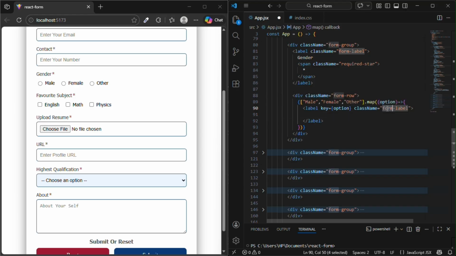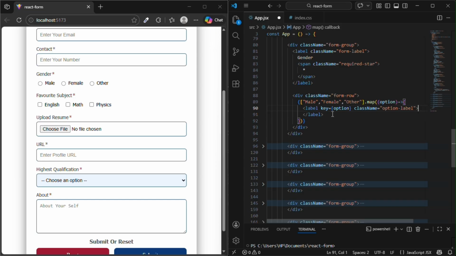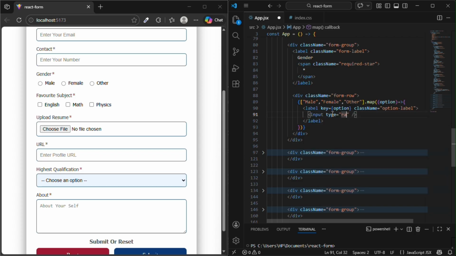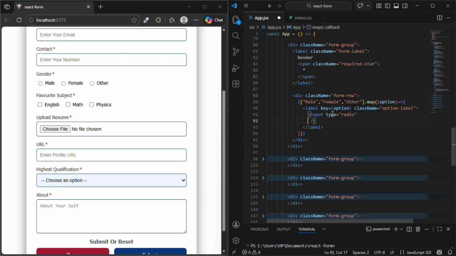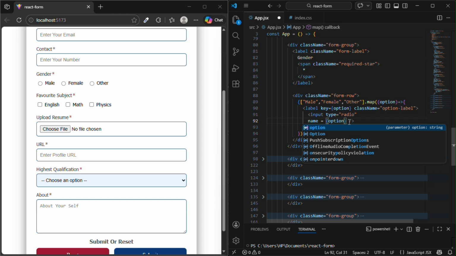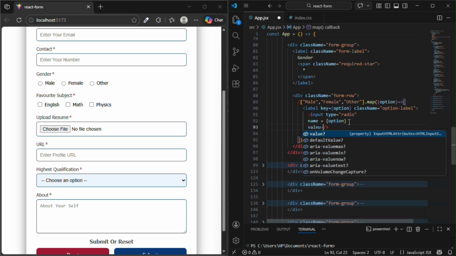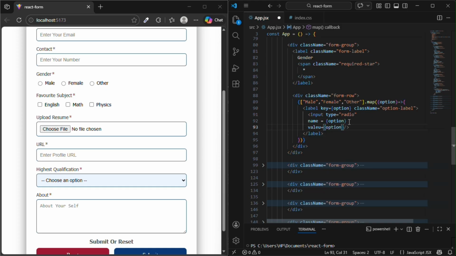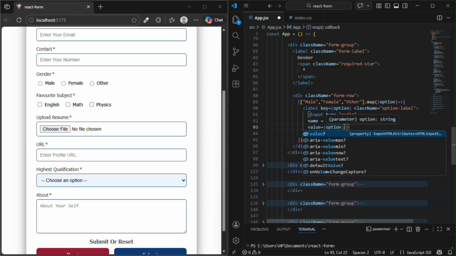Label we have defined, there is class name as option label. So inside it, we can define an input box with type as radio, these are the radio buttons, and also we can define their name as option, and their value is also option. Value is option now, but we are going to set the value only when the selected value is same as the